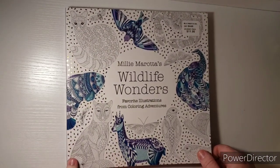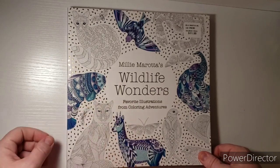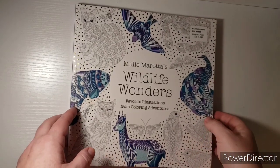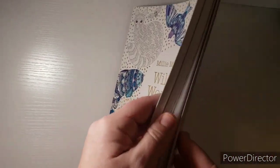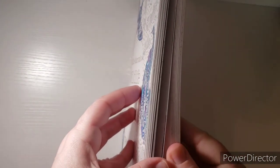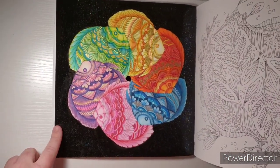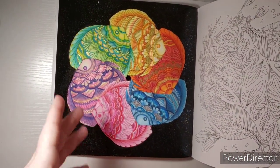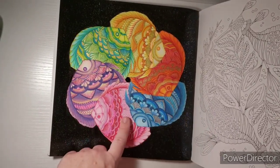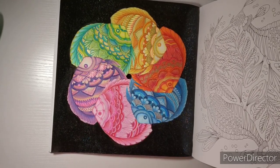The next one I have here is The Wildlife Wonders by Millie Murata. And this book was a gift from a friend, and she wanted to do a buddy color. So we did this one. And I chose to do this kind of like rainbow fish. And after I was done, this is pencil and gel pen. And I believe I used